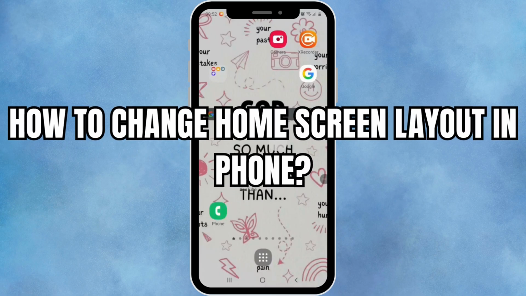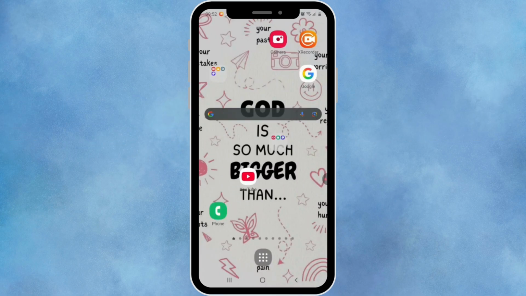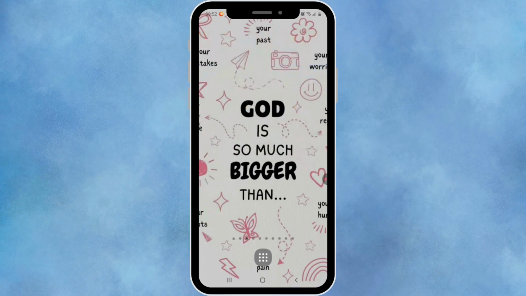How to change home screen layout. Find a blank spot on your home screen. No app, no widgets, just clear space. Hold your finger there for 2 seconds